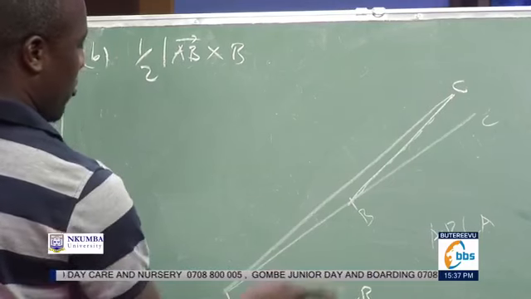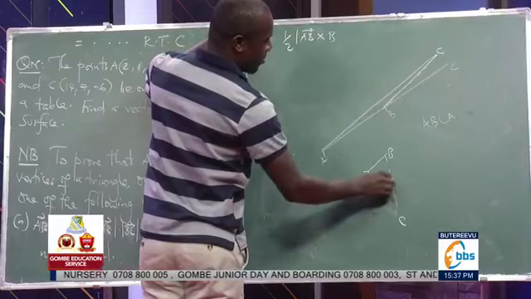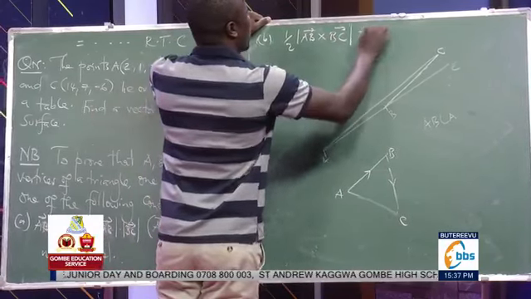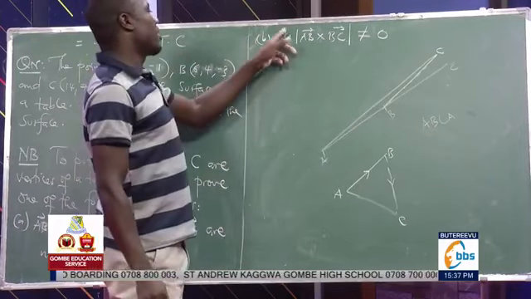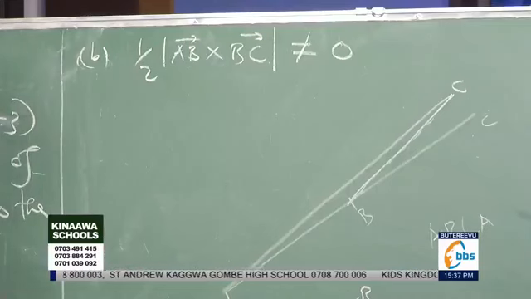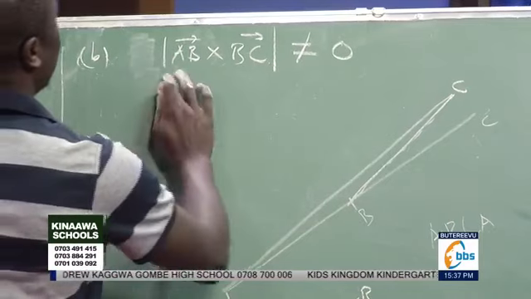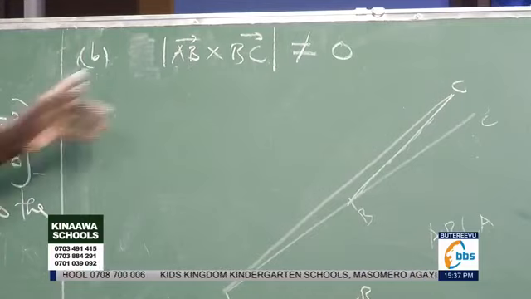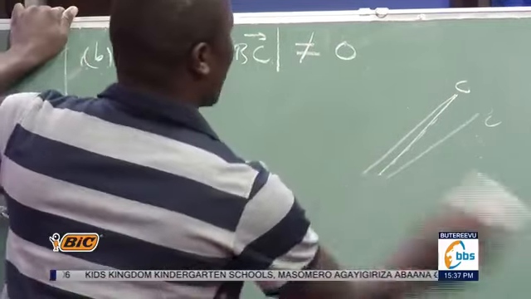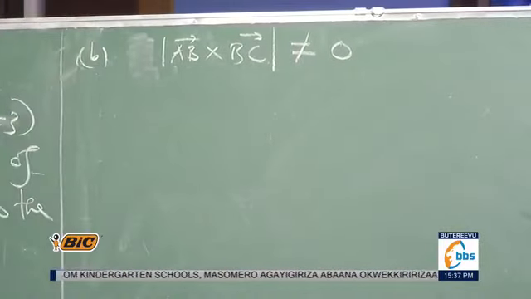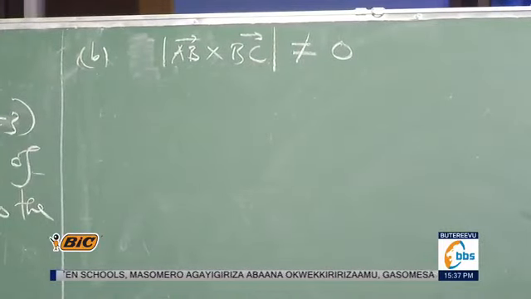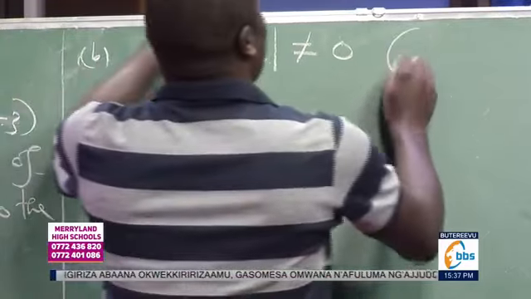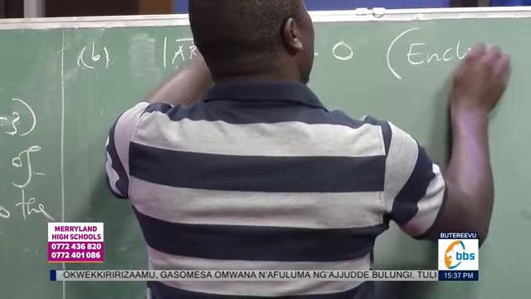Even that is okay: AB cross BC would be the area determined by those two vectors. It is also okay. Now this should not be 0. Since it can never be 0, it is enough to show that the magnitude of the cross product, the magnitude of that vector, shouldn't be 0. Once you can prove that this is not 0, then you can conclude that the points A, B, and C are not collinear. So here you're using the argument that the enclosed area